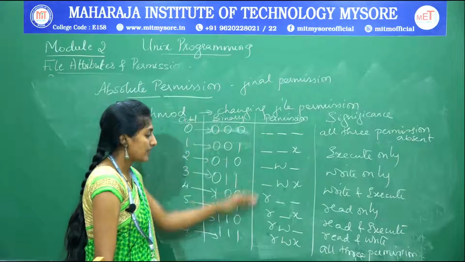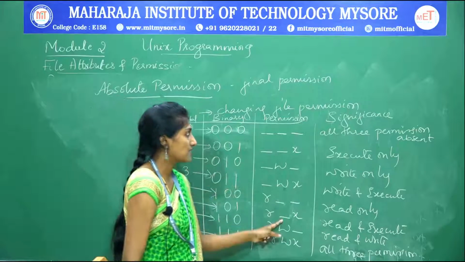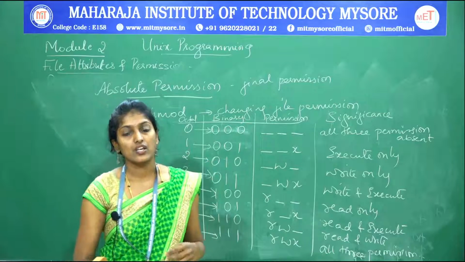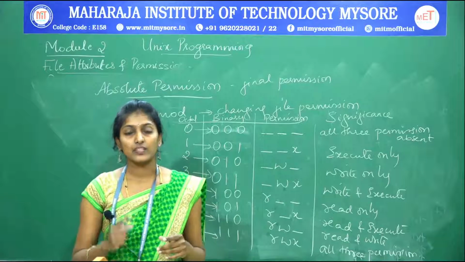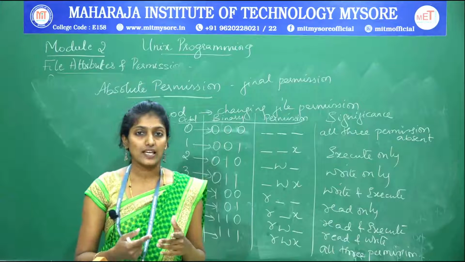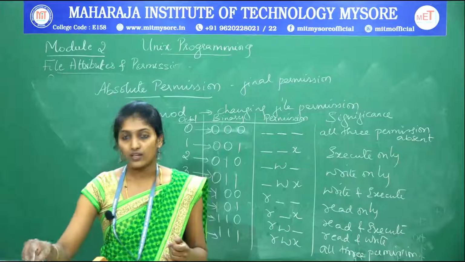We will discuss the complete thing, how we are going to assign all these octal digit values and represent the permission using this absolute permission mode, in the next session. In today's session we have discussed only one concept, that is the relative permission mode, using the file permission changing command, chmod.